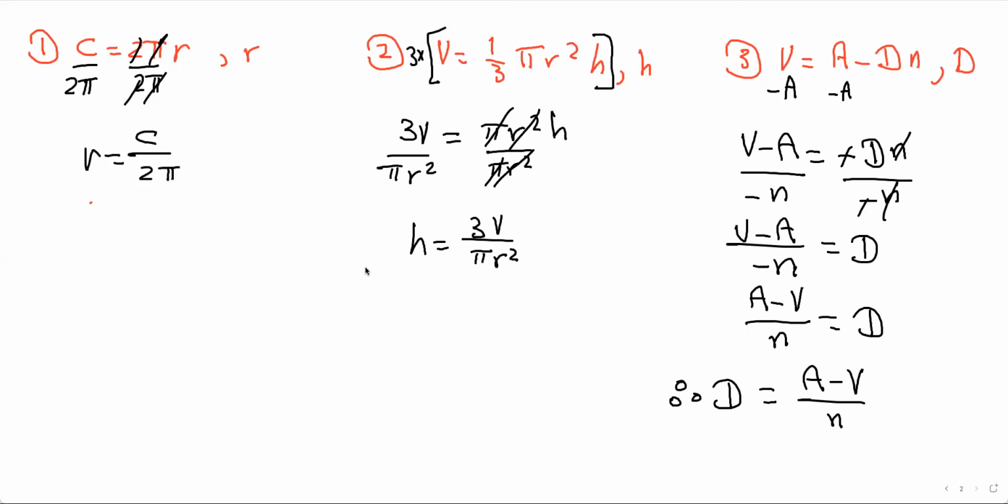I'm only confused on one thing, like how the n became positive from negative. So you're allowed to make that n positive by switching these. And the logic is, if I have 3 minus 5 over -2,